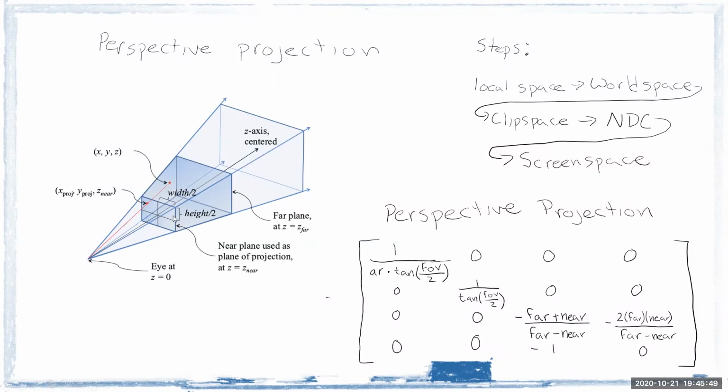That's kind of hard to describe, with all of the math that goes into it, and would probably take near an hour on its own. So I'm going to skip over that and skip over how we go from normalized device coordinates to screen space, because I've already described the idea behind projection, and instead show you this perspective projection matrix, which